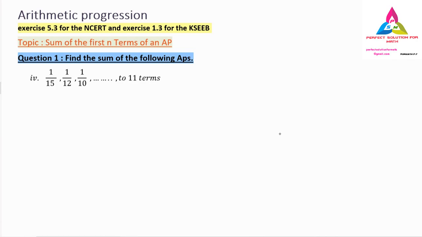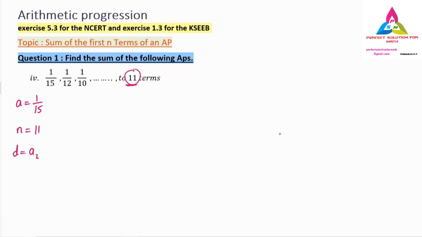So the first thing, we want the a value. What is the a value? The a value is nothing but 1 by 15. Next, we need the n value. For the sum of how many terms have they told you to find? That is 11. So again there is a change. Till here we have dealt with all even numbers. Now we have an odd number, 11. Remember this. Next, the d value.